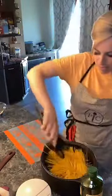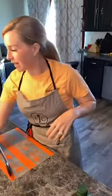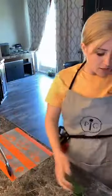So now we're going to be making our pesto. So to make our pesto, grab this right here. Meanwhile, while it is cooking, we are going to make our pesto in our manual food processor. So we are going to add in, I'm making the broccoli one. So I need, hold on, Rory,